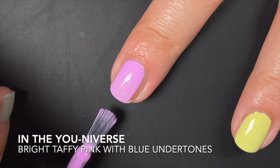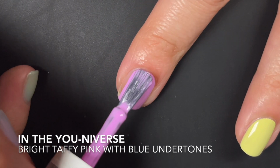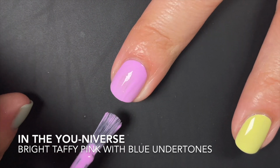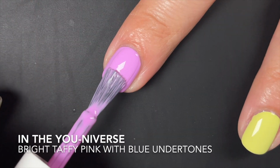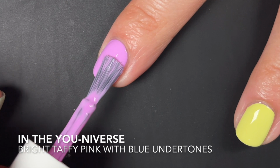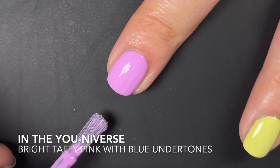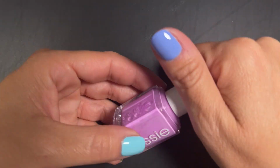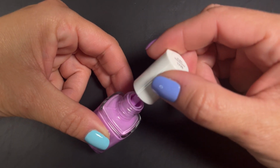Up next, we have In the Universe, and this one is described by Essie as a bright taffy pink with blue undertones. The formula was very good, opaque, and even. I would say short nails might get away with 1, but not really. I would say plan for 2, but it's very easy to work with. Now, one thing I do want to mention, I have seen this before, not with Essie, with other brands. There is a certain